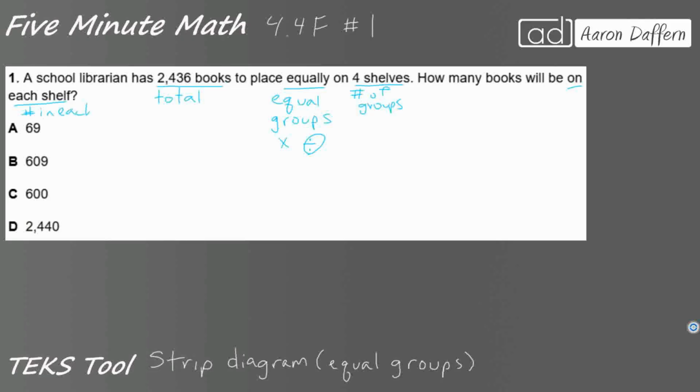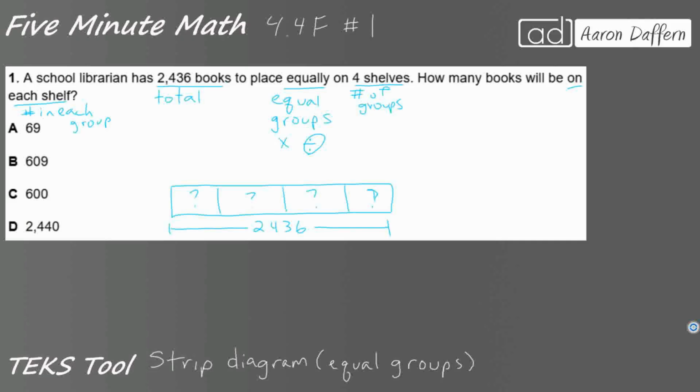All right, so this is a pretty standard setup for a division problem because I have my total, and I will draw that here underneath, 2,436. I have the number of groups, 4. So what I'm going to do is I'm just going to cut it in half and then cut each half in half because 2 times 2 makes 4. And then I'm just looking for the number in each of these groups. Each of these groups is going to represent a shelf. All right, so let's divide